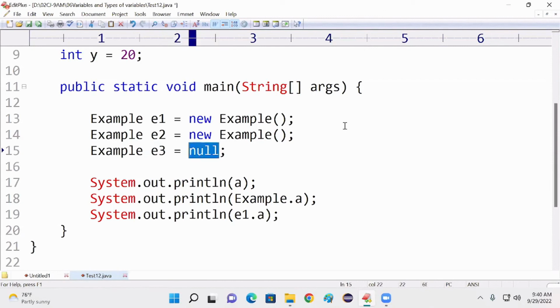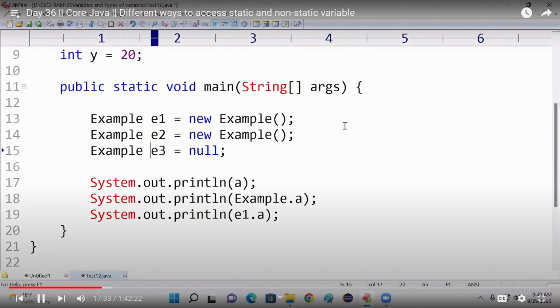So now this null is not an object. It is not a reference to an object. It is a direct value of the reference variable. In the E3 box, null will be directly stored. Up to now, understood? Shall I ask a question now? E3 variable